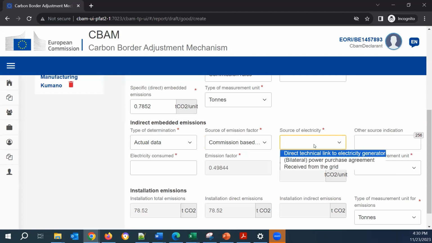For the source of electricity, we have three options: received from the grid, bilateral power purchase agreement, and direct technical link to electricity generator. I will go for the third option, received from the grid. And then we need to declare the electricity consumed to produce our product, the quantity of our product,